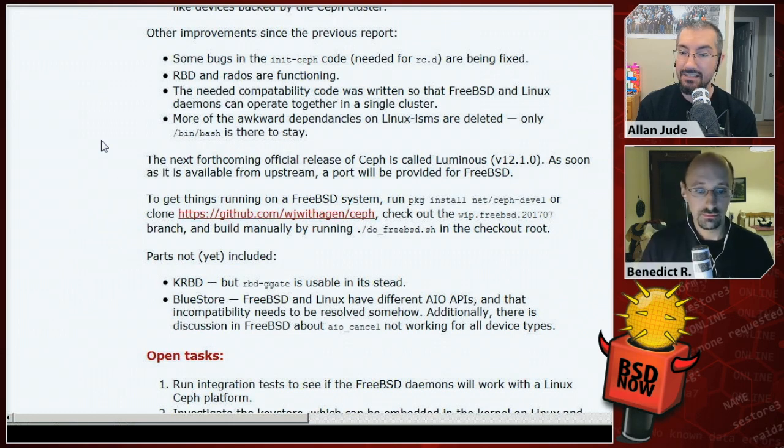The parts that do not yet work are KRBD, which is a kernel device for the block storage, but because we have the RBD-G gate, you don't really need that part yet. And BlueStore. FreeBSD and Linux have different AIO APIs, and there are incompatibilities that need to be resolved somehow. Additionally, there's discussion in FreeBSD about AIO cancel not working for all device types, so that needs